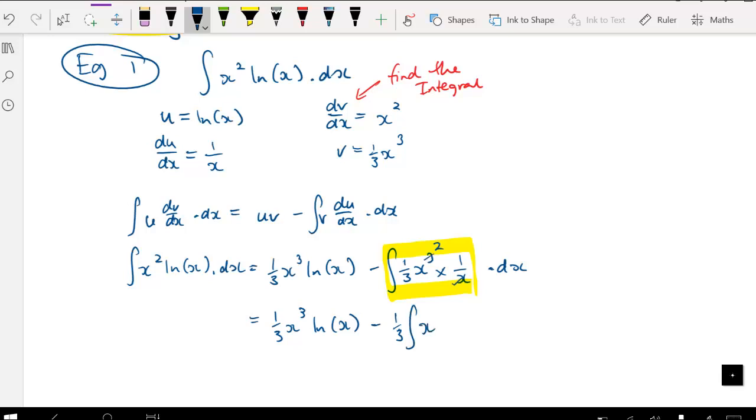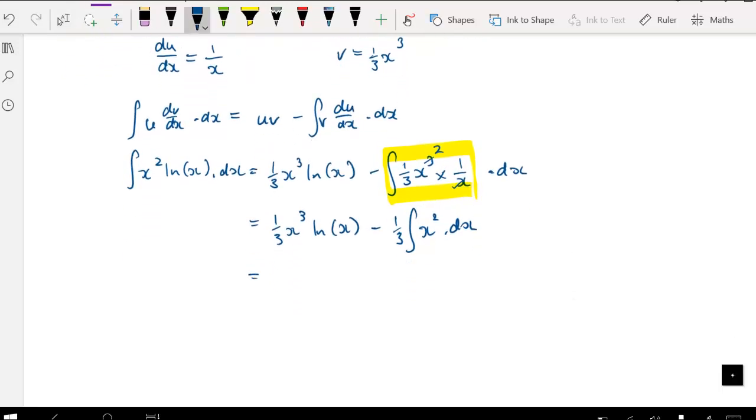So the integral of x squared with respect to x. We then have 1/3 x cubed ln x, subtract 1/3 x to the power 3 on 3 plus c. We've got 1/3 x cubed ln x, take 1/9 x cubed